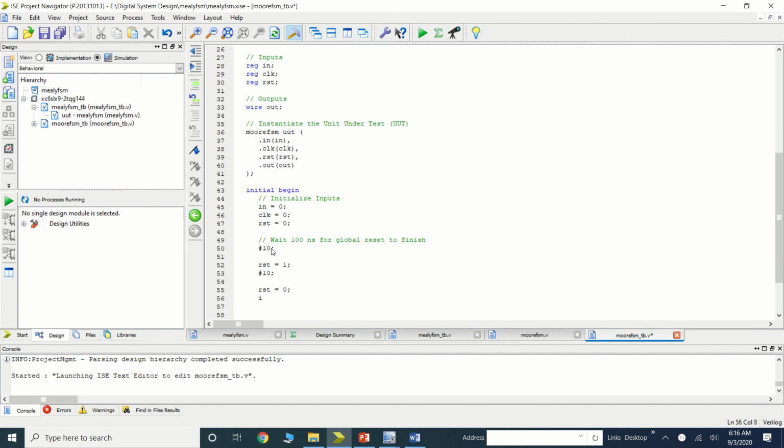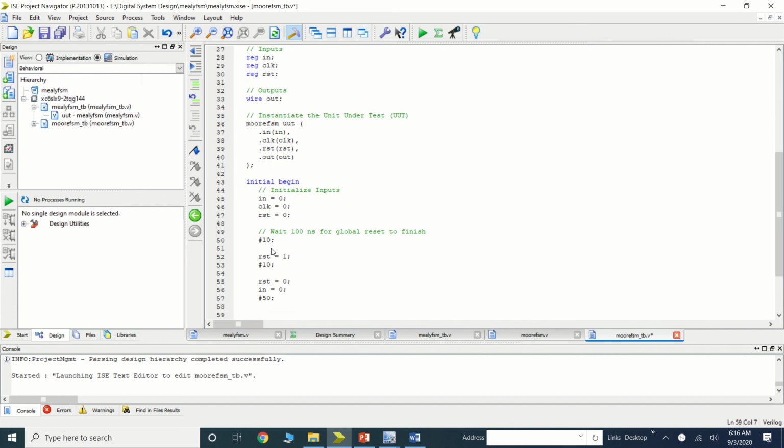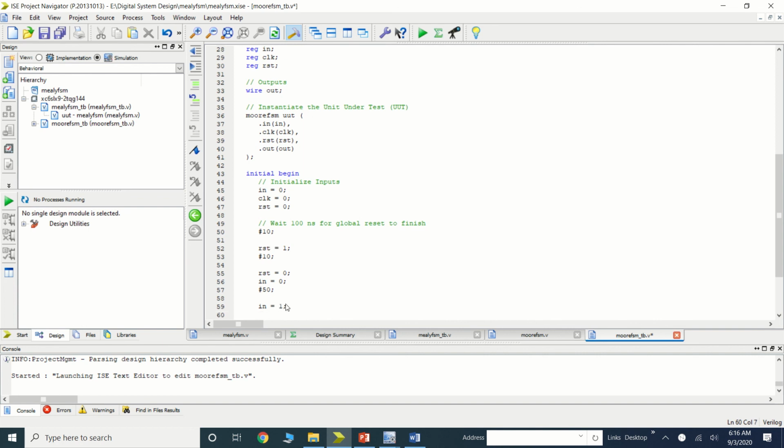Let's apply input equal to 0, and for example you can assign any time scale as you want to check it. Then let's say the input equal to 1.